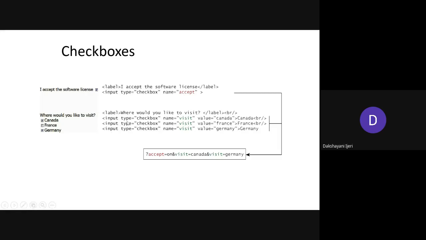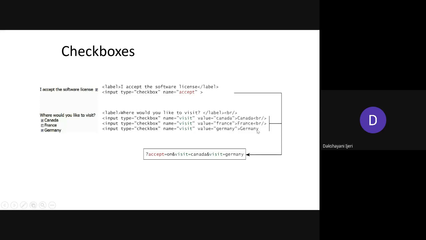So input type is equal to checkbox. If you want to create the checkbox, the value for the type attribute needs to be checkbox; in the earlier case it was radio. This is followed by the name attribute. As usual, all the values for the name attribute need to be the same, whereas the values for the value attribute need to be distinct. That means all the options should have different values for the value attribute.